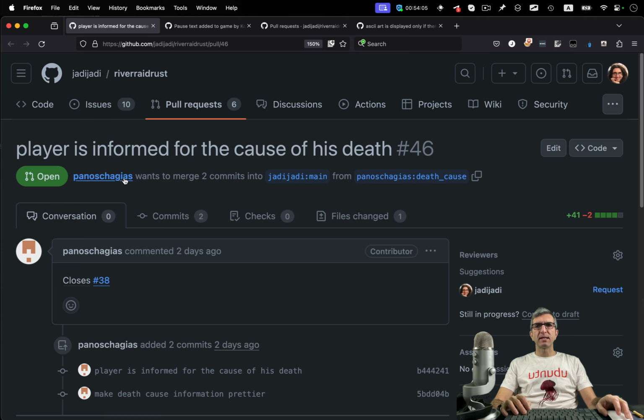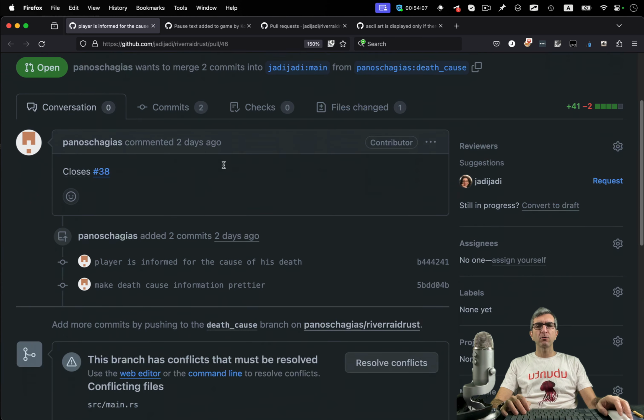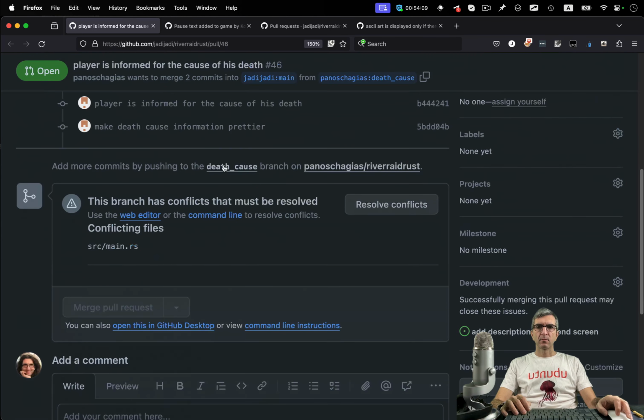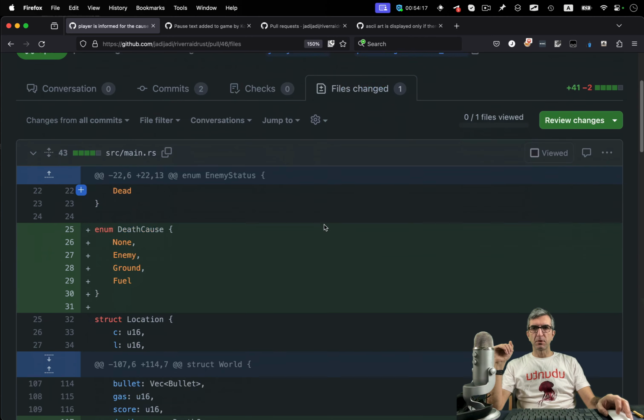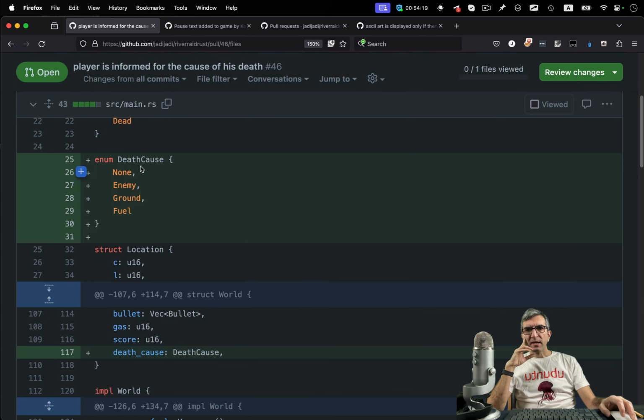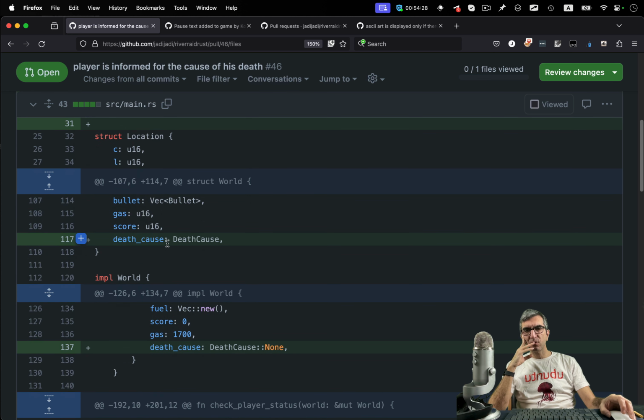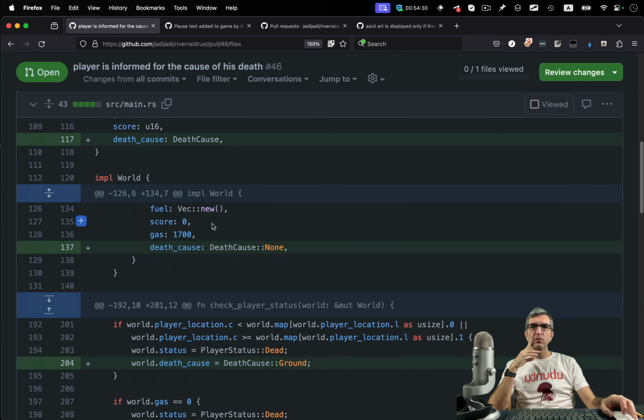What else do we have? Player is informed of the cause of his death. This cannot be merged. This is also from Panos, our loyal friend and peer programmer. What he's done: he creates an enum as dead causes, then adds it to the world.